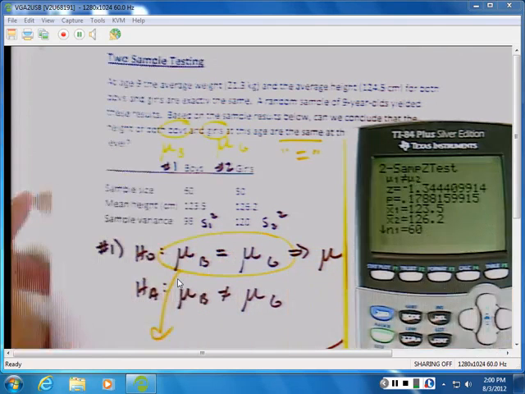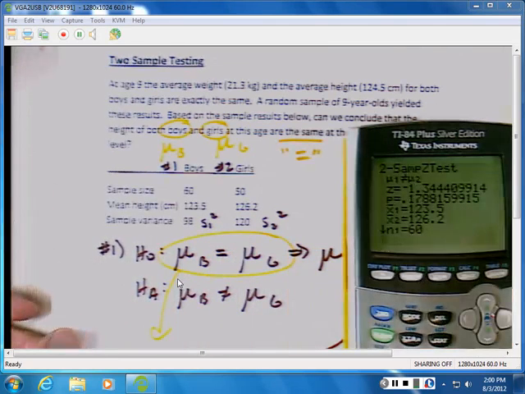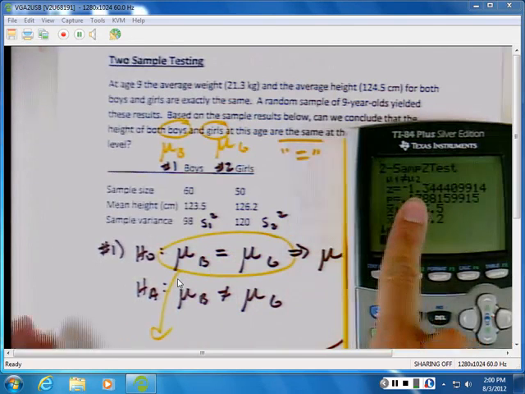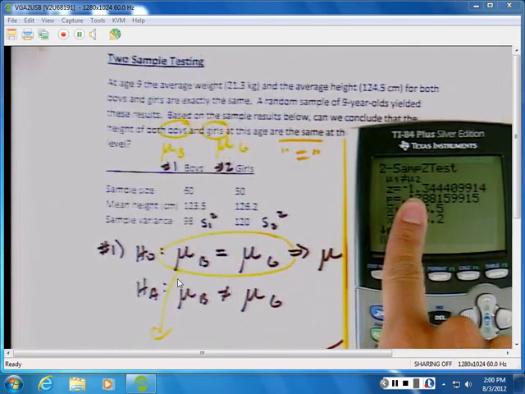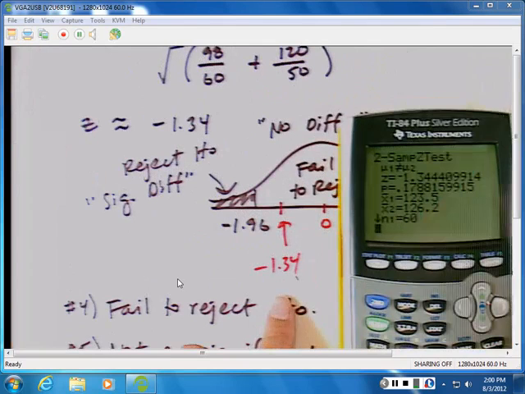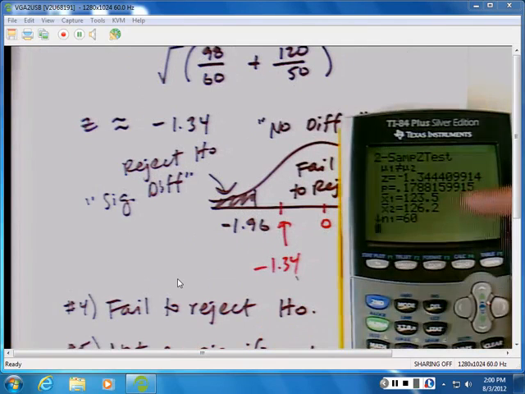And take a look at what it gives me. It gives me in about, what, a second, 2 seconds? It gives me that z-score. That's exactly the test value that we computed. Where was that? So we did a good job. So here's our test value, negative 1.34. That's exactly what we got. It gives us this nice bonus. It gives us the p-value. And with that p-value of 0.1789,